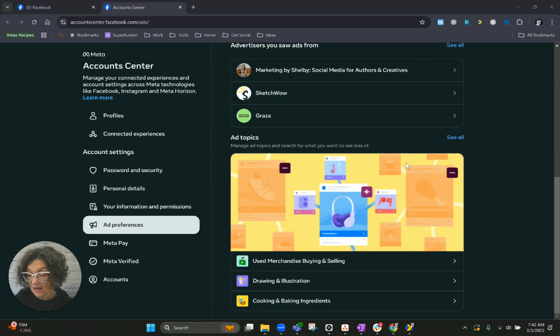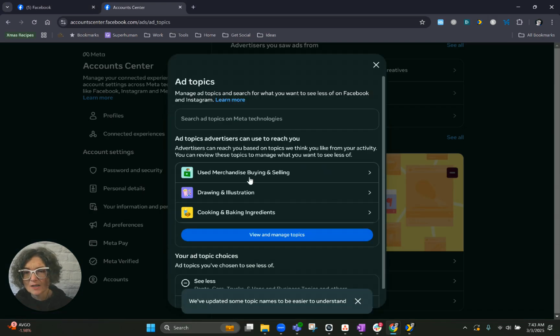So if I want to be really aggressive with curating my newsfeed and really limiting the ads I see, what I am going to do is I'm going to go straight to ad topics. And I'm going to say, you know what, I don't want to see anything that's drawing an illustration. I don't want to see anything that's used merchandise buying and selling. I don't want to see anything that's cooking and baking ingredients. And I'm going to click here so you can see some of the topics that I have chosen to hide,